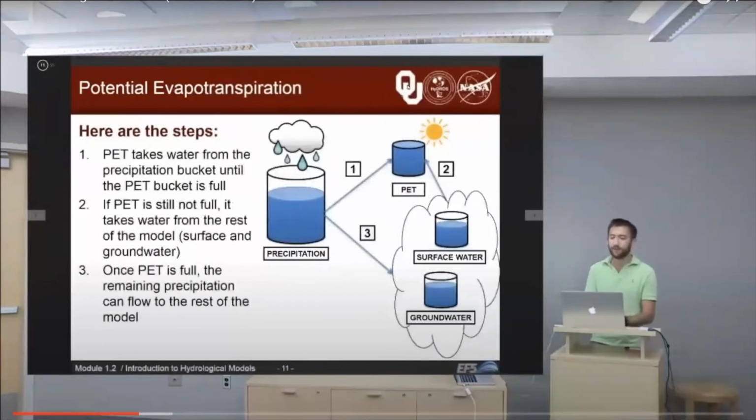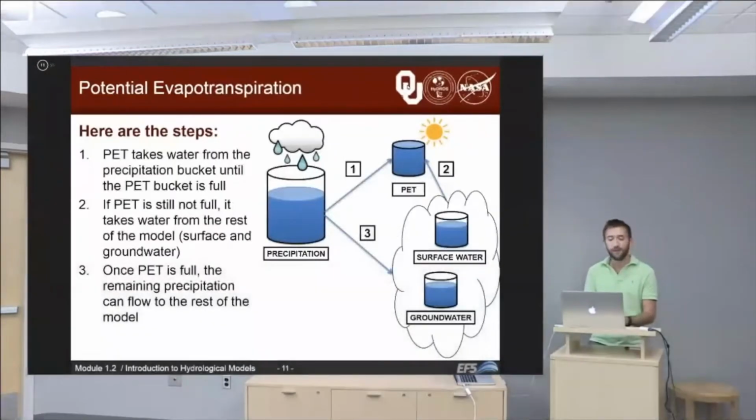So here are the steps. We have them labeled with arrows and lots of little numbers in them. Step 1, we have a bucket that contains precipitation. PET